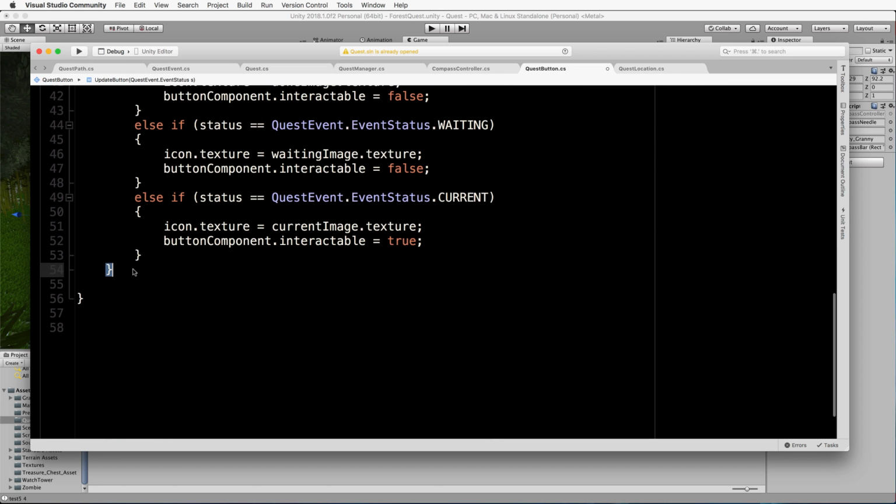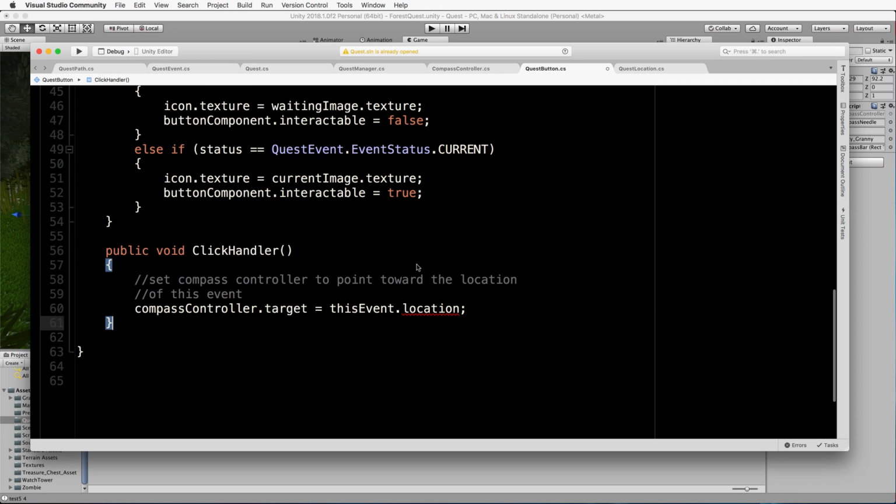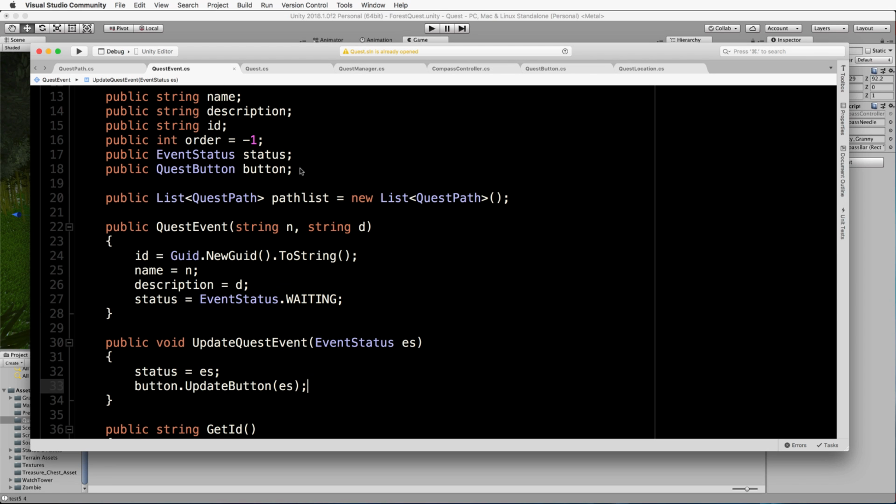I'll go right down to the bottom here. In this case, it's very, very simple. All it's doing is setting the compass controller's target to be the location of the event. Now you can see that the event currently doesn't have this location set up in it, so we will get around to fixing that. Save all of that, and then let's go over to our quest event,